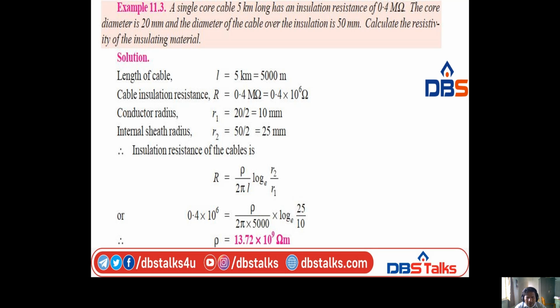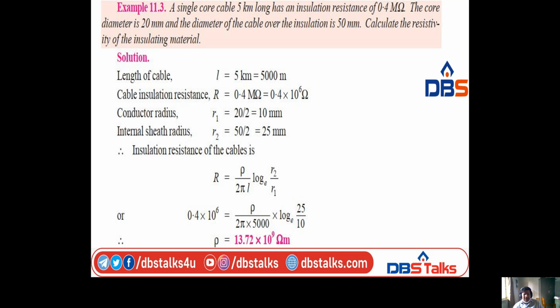Conductor radius small r1 is equal to core diameter 20 mm by 2. Small r1 is equal to 20 by 2, that is equal to 10 mm. Small r2 intersheath radius, that is given as 50 mm diameter. So 50 by 2, that is 25 mm. Therefore